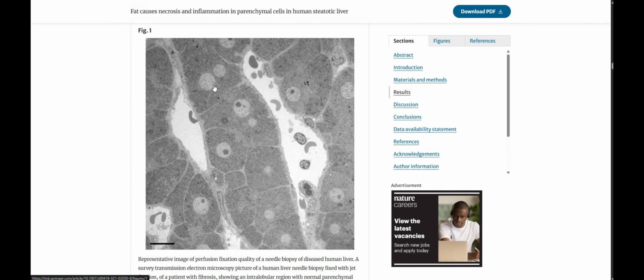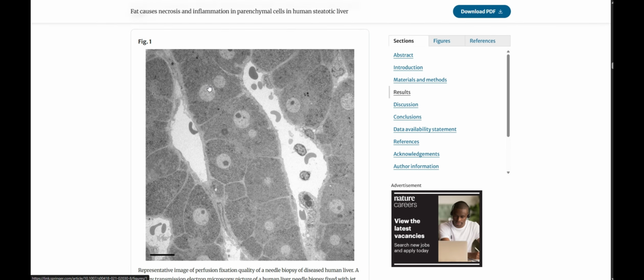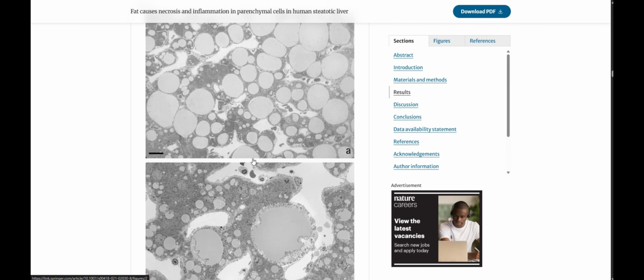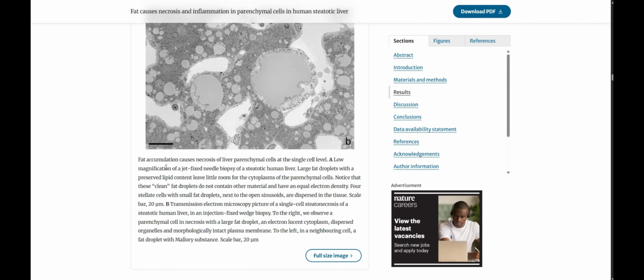Yeah, this is either a multinucleated cell. I don't know much about the liver. Again, I'm a neuroscientist. But there's no nucleolus. Interesting. Anyways, what were we going to? Fat accumulation causes necrosis of liver parenchymal cells at the single cell level. Low magnification of jet fixed needle biopsy of